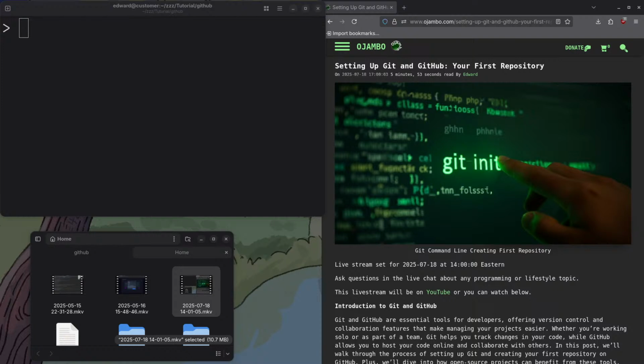This is Eduardo Jumbo. In this tutorial, I'll show you how to set up Git and GitHub and create your